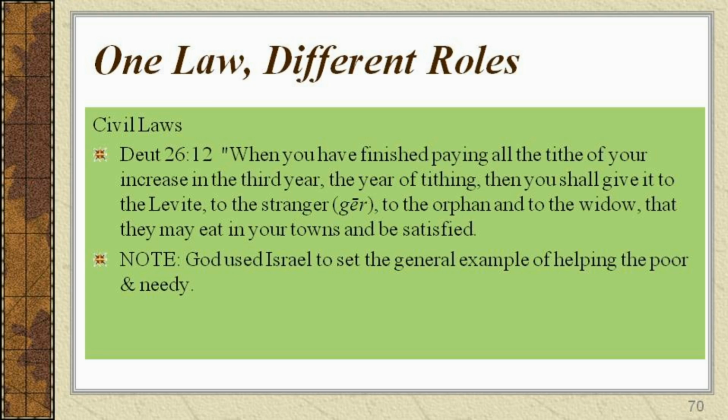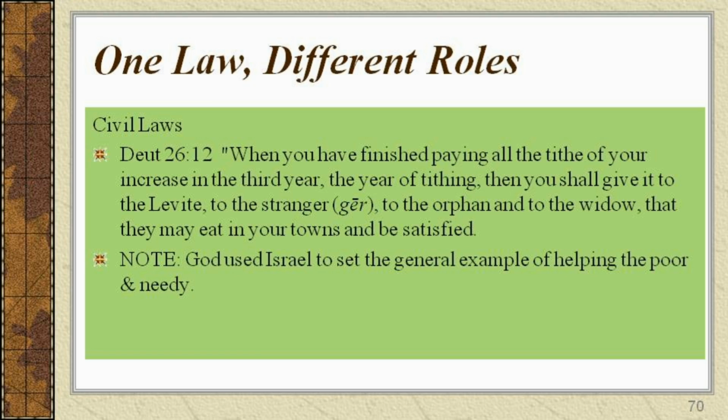Like the previous commandment, God commanded the Israelites to provide assistance for the poor and needy, even if they were resident aliens. However, in this particular case, the Israelites were supposed to take a tenth of their harvest in the 3rd and 6th years and store it within the gates of their cities, where the leaders of the people would distribute it to the needy.